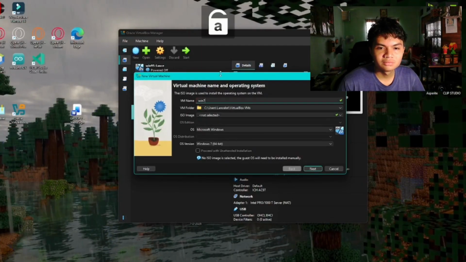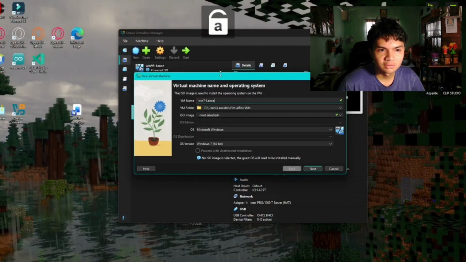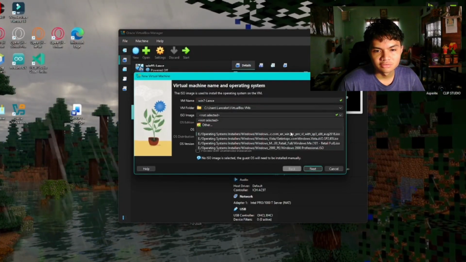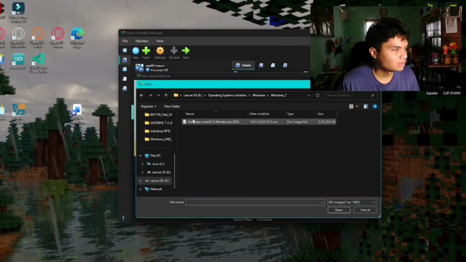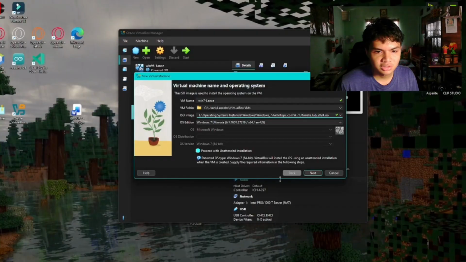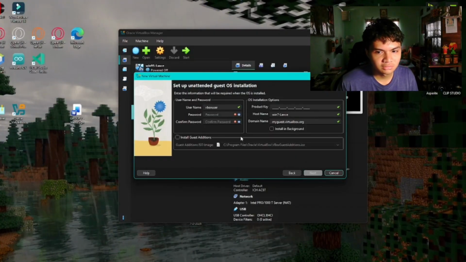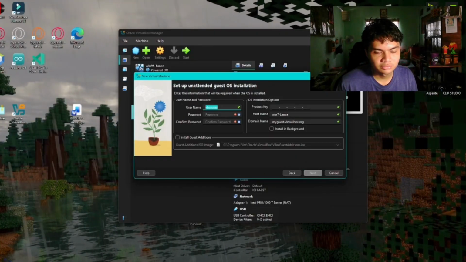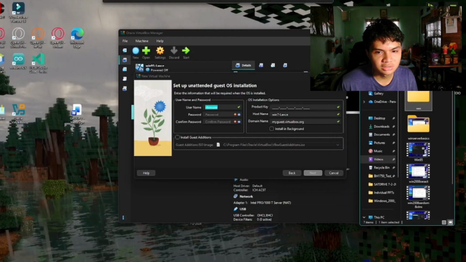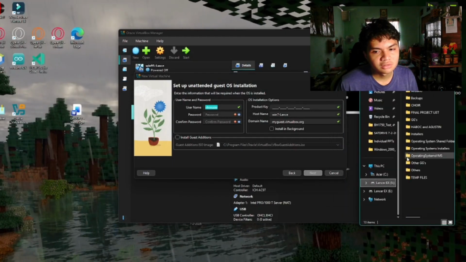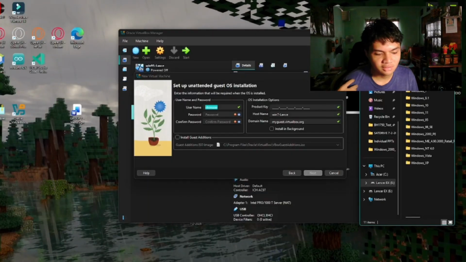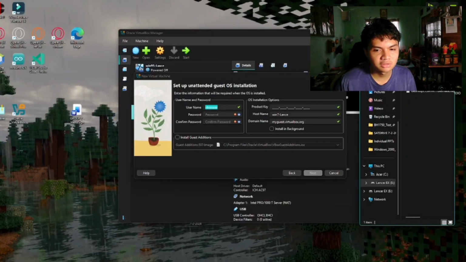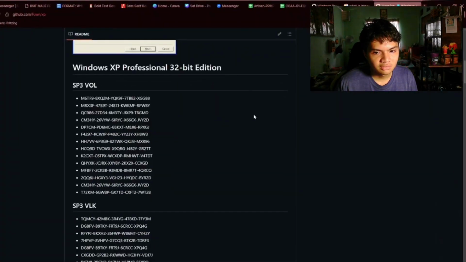Now we're going to create Windows 7 in VirtualBox on our machine. We need to create Windows 7 by creating a virtual machine, then name it Windows 7, then select the ISO. This VirtualBox has a feature where you can just put in the product key, so it can be fast paced.